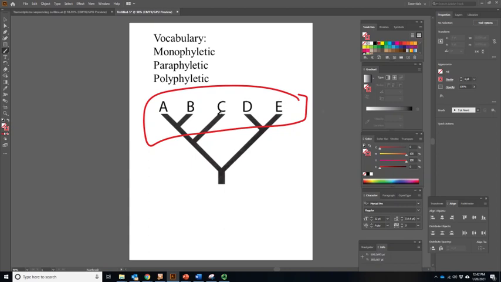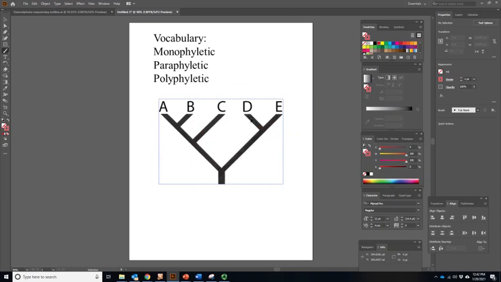Now notice monophyletic groups don't say anything about the smaller groups that might be contained within it. So there are three smaller monophyletic groups shown on this phylogeny. D and E together can be put into a group, and we could give them a name, and that would be a valid monophyletic group. I'm just going to put an M there for monophyletic,